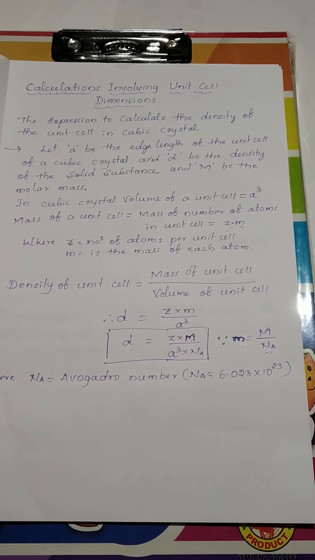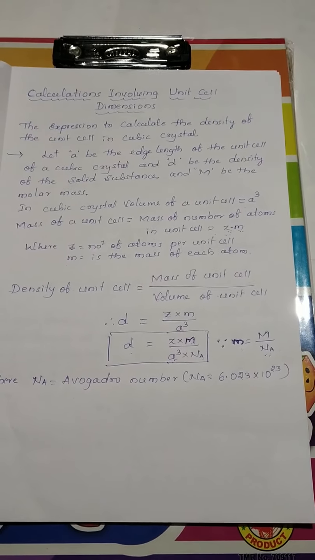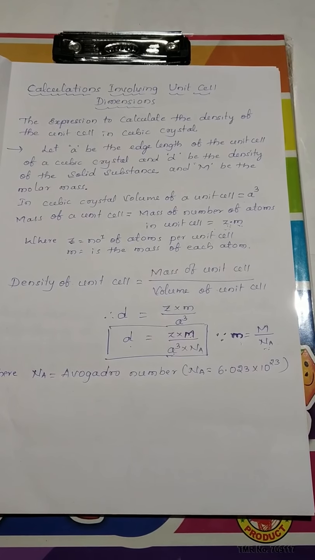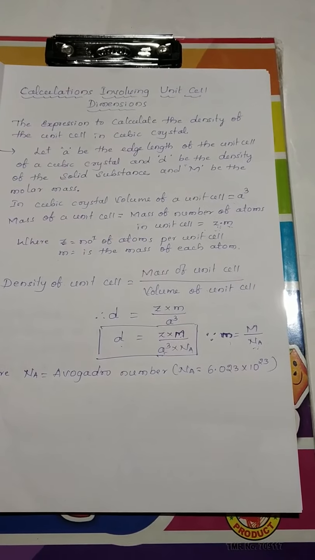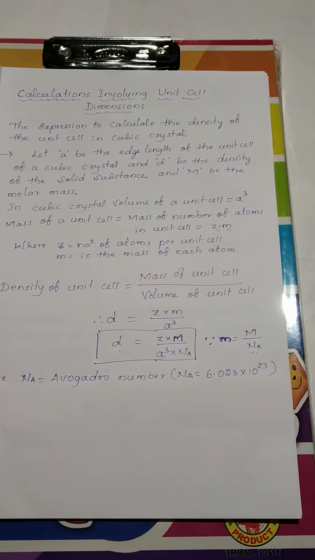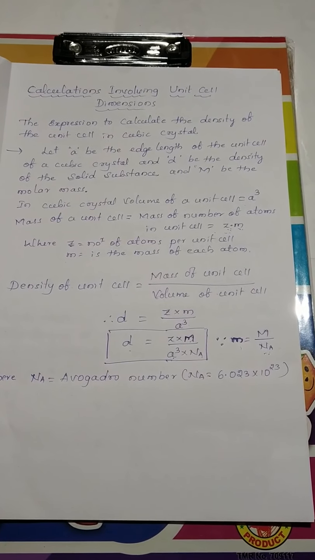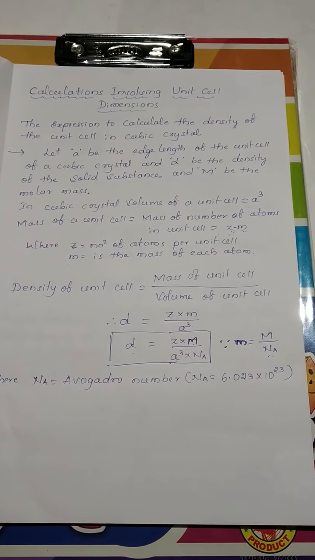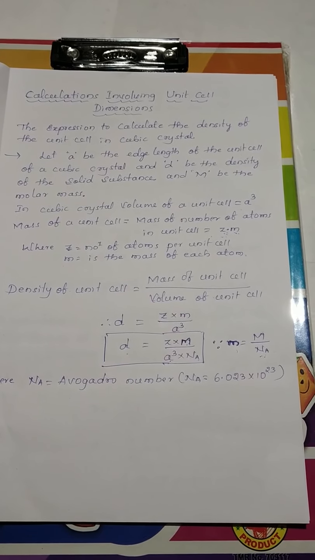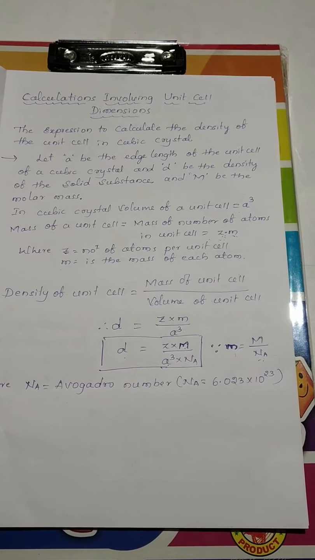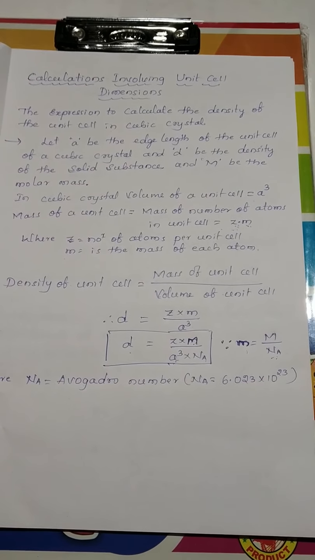The 27th question is divided into two sub questions, 27th A and 27th B. In 27th A, most probably they may ask packing efficiency in the simple cubic unit cell, FCC unit cell or BCC unit cell. And in 27th B they may ask a density problem. So the density problem, as well as packing efficiency in simple cubic, FCC and BCC unit cells, are very important for the annual examination, and you have to study these carefully.